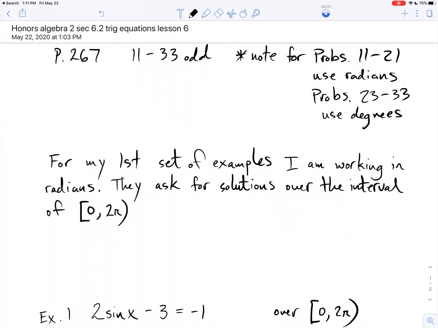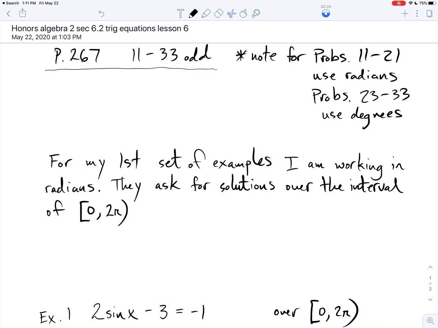Okay, guys, we're almost done. We are in the trig equation section. This is going to be part 1 and part 2, but these problems you'll see right here on page 267. Those are the ones you should practice. Doesn't mean you can't try an even problem here or there to sharpen your skills, but